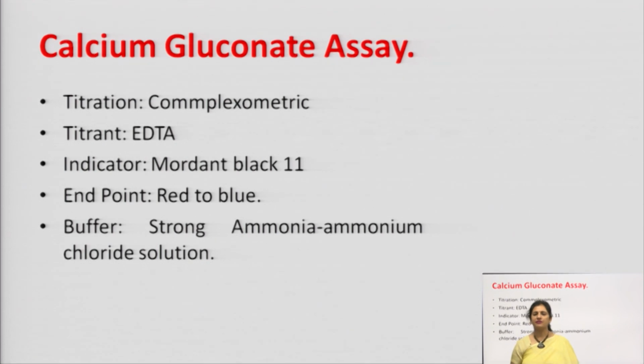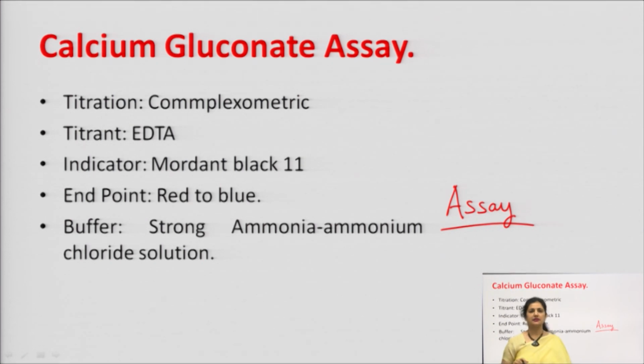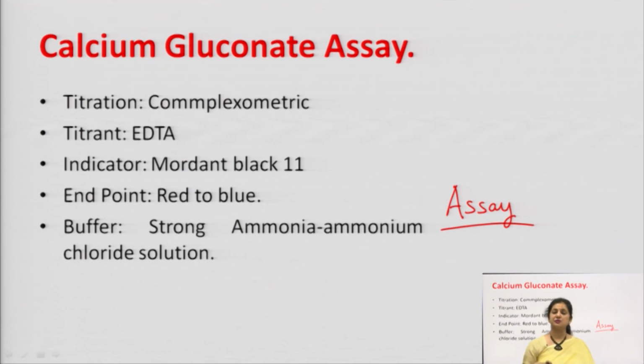Now, how do we perform the calcium gluconate assay? I told you earlier, what is an assay? It is when we analyze the presence and the amount of a salt present in any compound. Say we have a compound X and we need to determine how much calcium gluconate it contains, or we have calcium gluconate and we need to check what percentage purity it has. So, we need to carry out its assay, any reaction which shows the presence of that salt. So, that is your assay.